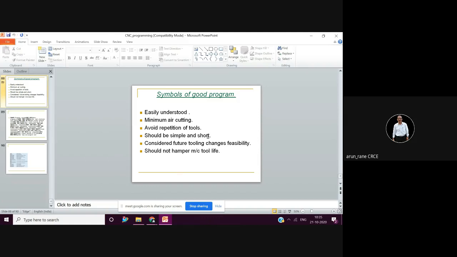It should be as simple as possible and it should be short. So you make use of subprograms. Then consider future tooling changes feasibility, and you have to always see that machine tool life is more. So you see that you use proper cutting speeds and proper feeds so that machine tool life is increased, because